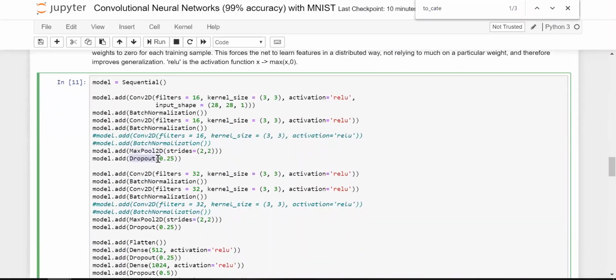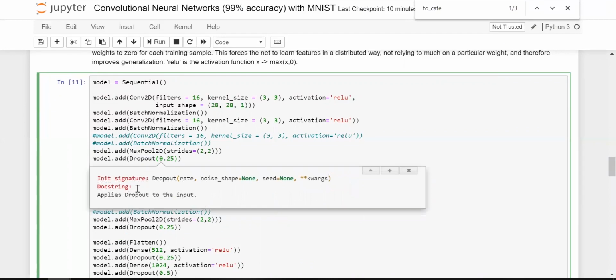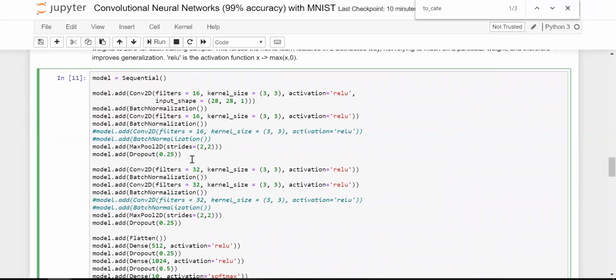So what dropout is, it tries to reduce overfitting on the data. Applies dropout to the learning rate, which defines how the neural network learns. Similarly, you have dropout, which is applied to ensure that the model does not overfit upon the training data. So this is a pretty useful feature in neural networks.